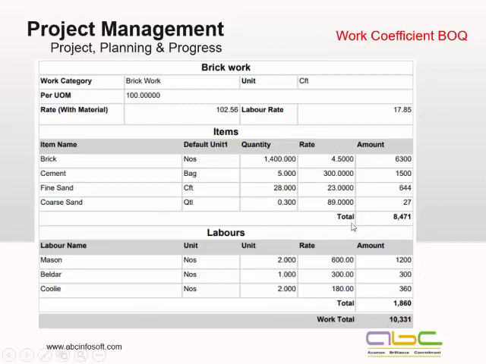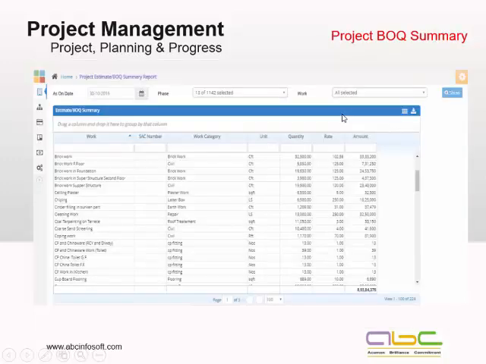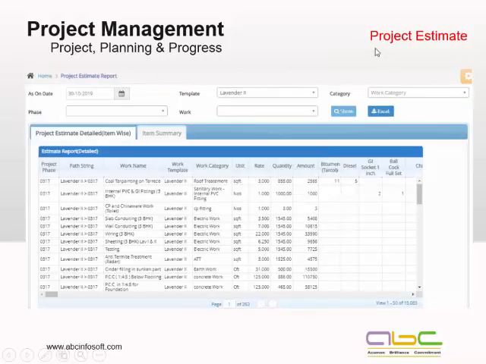This will give me the rates with material and labor rate for this particular work. Now with this, I can give you the complete BOQ summary for any particular phase selected for the works. I can select the phase, select the works, their work categories, unit, quantity, rate, amount. Even we can have this summary in various combinations, if you want to find out the costing of a template or a particular work category or particular phase or particular work.